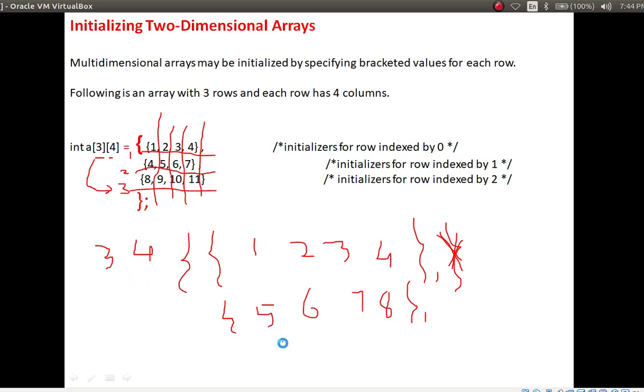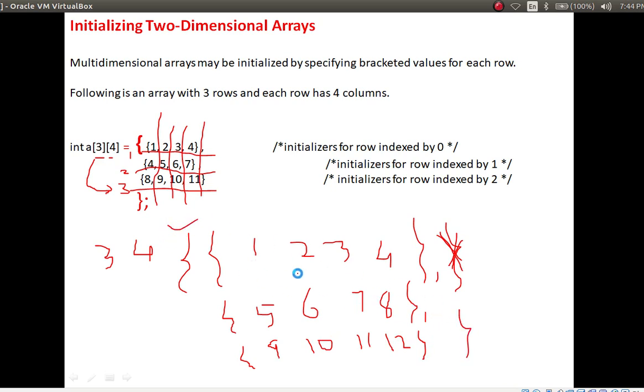Then the third row you have to insert. So here 9, 10, 11 and 12. Close the bracket, then close the main bracket here.